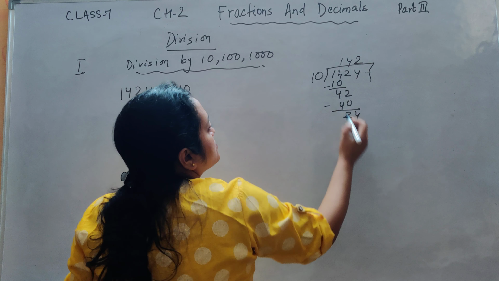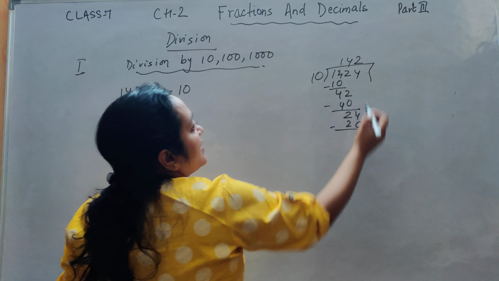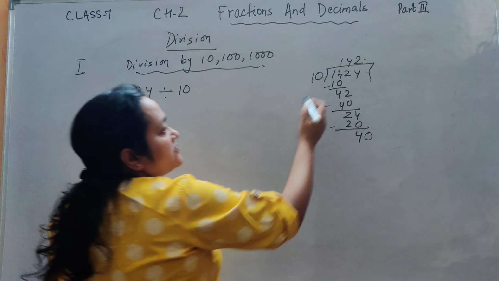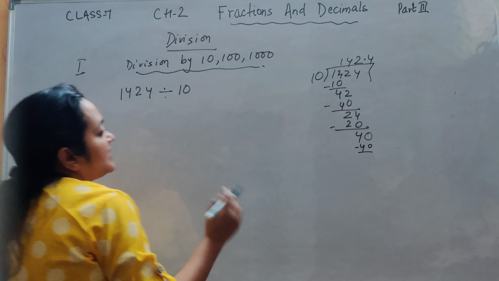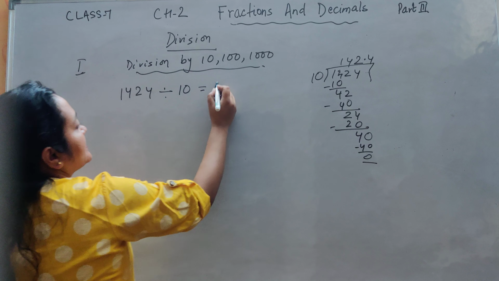So I will put one decimal over here. That means if I divide 1424 by 10, I will get